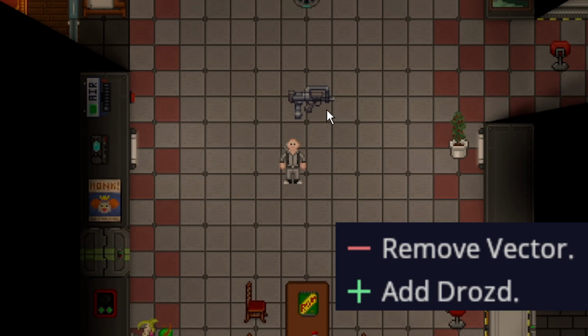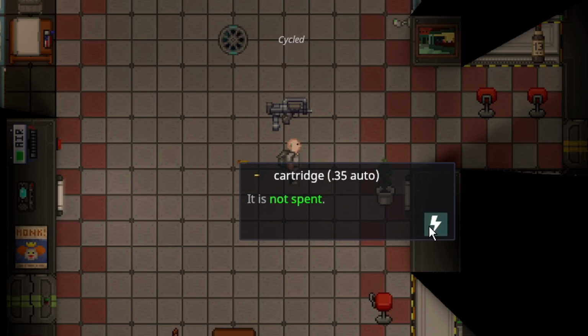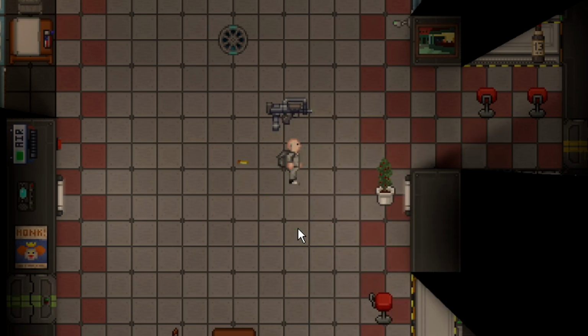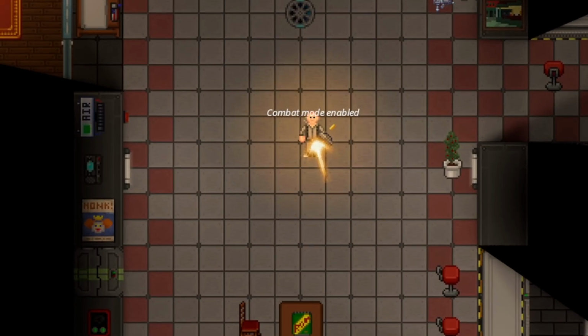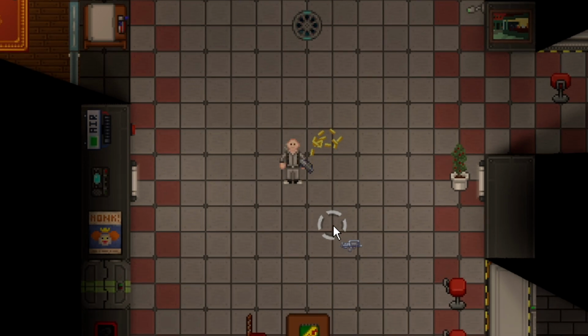Drozd were re-added back to the game. They were around a long time ago, and they have replaced the Vector. However, there's a few important notes to make. They have a larger magazine of 30 rounds instead of 25, however, they shoot 35 auto instead of 45, so they do less damage, but they have the same fire rate. That means the Vector has a better DPS, but it's gone now, so if anything, with the Drozd you lose a little bit of DPS, but in return get a few extra bullets. And basically, it sounds the same as the Vector, it just looks a little different,